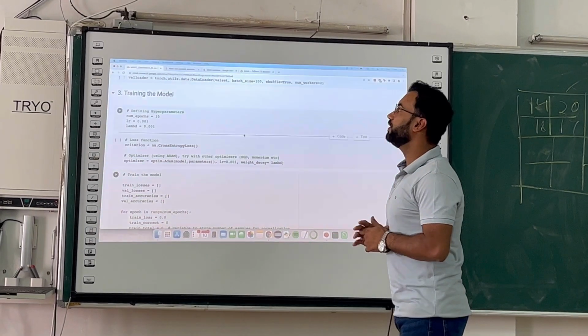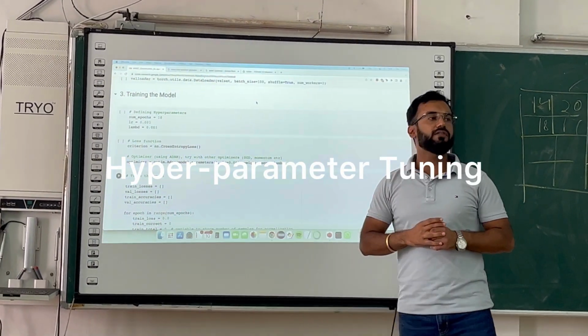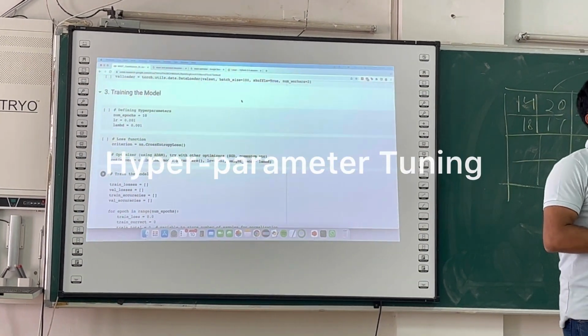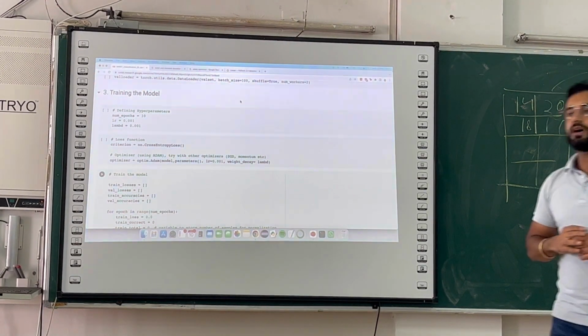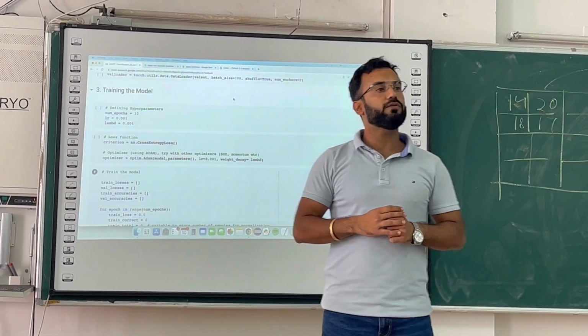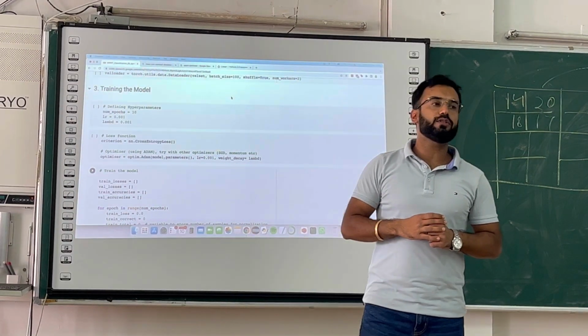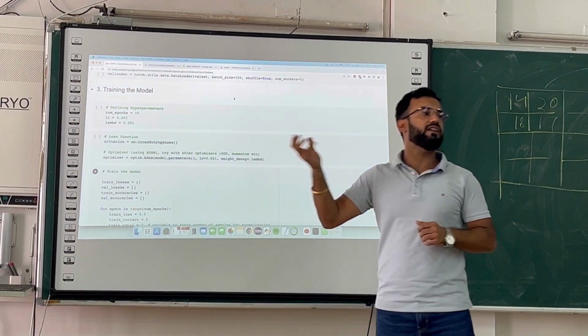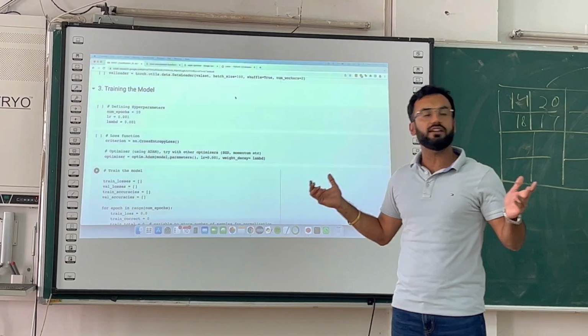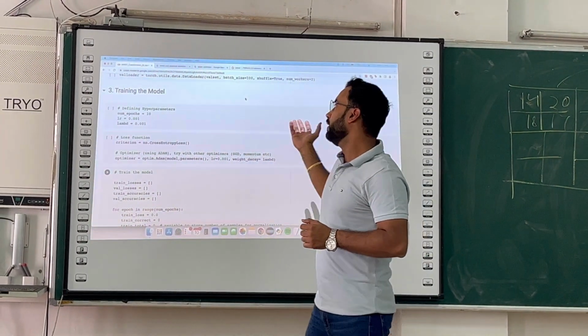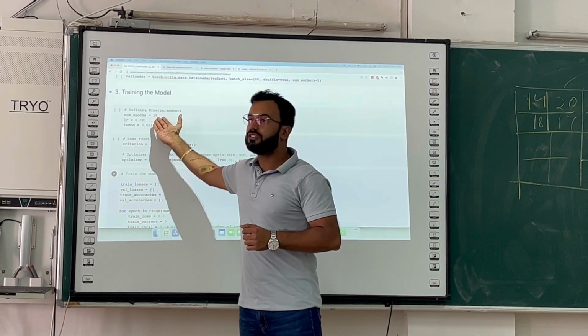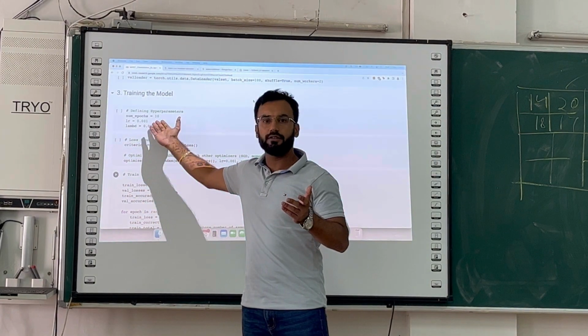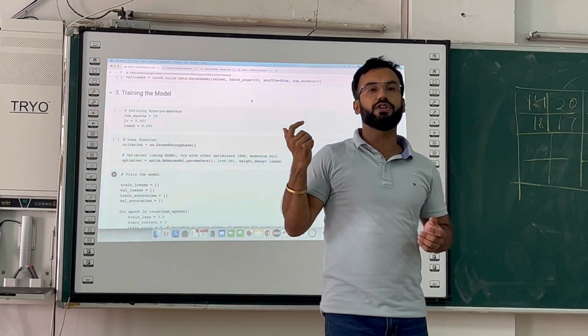Now coming to the training part of the model, as we are all aware, there are a number of hyperparameters which play a very important part, and tuning of the hyperparameters was also part of the problem statement. When we talk about hyperparameters, there are certain parameters which are in our hands, which we can change and then see the effect on accuracy. Here, for example, for epochs, I can run it to 10, I can run it to 5, I can run it to 25.